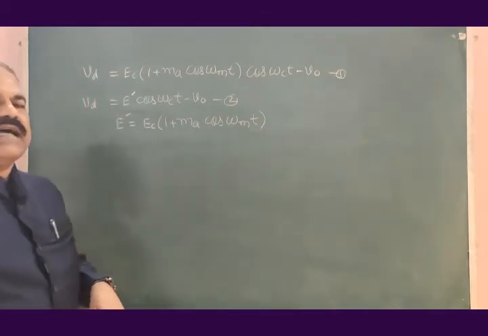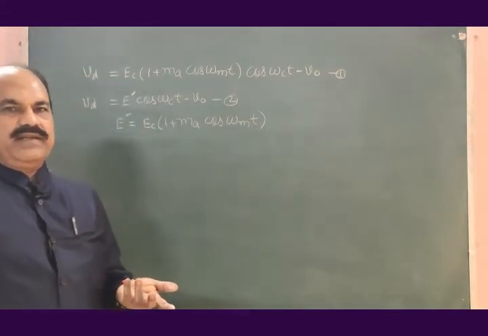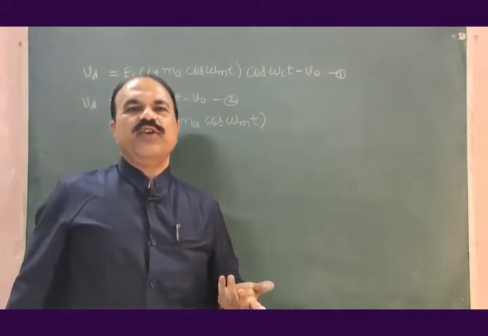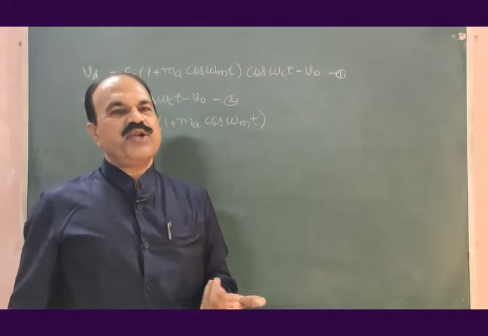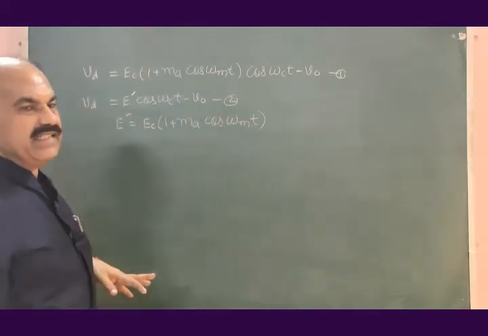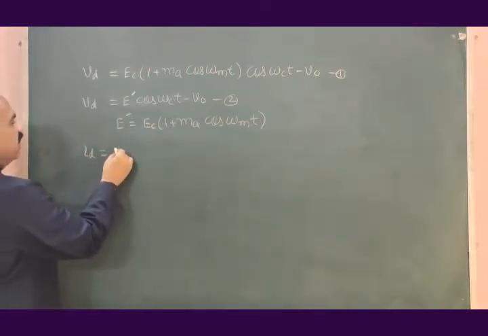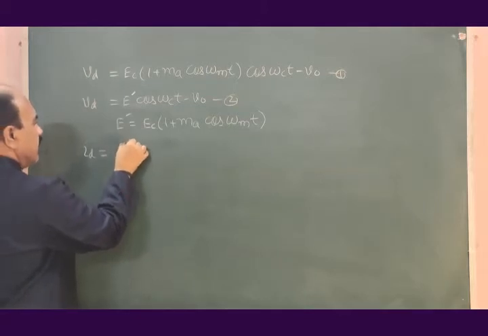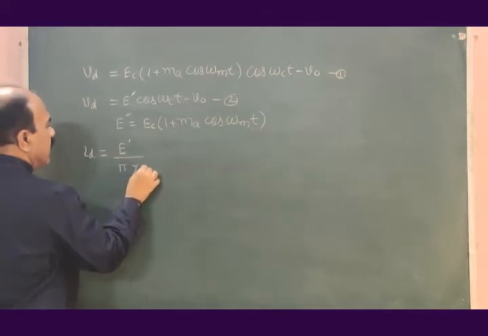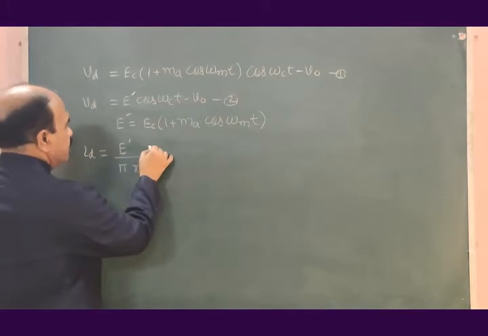Let us find the diode current, average diode current per cycle. Current is flowing for positive half cycle only, for which the diode is forward bias. For negative half cycles, the diode will be reverse bias, it will not be conducting the current. And therefore, the diode current of the linear diode detector will be simply E dash divided by pi RD. This RD is resistance of the diode in forward biased into